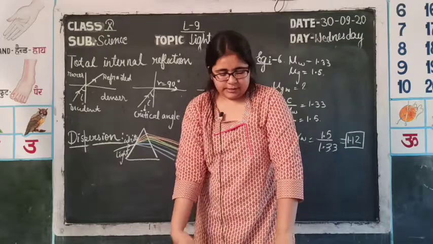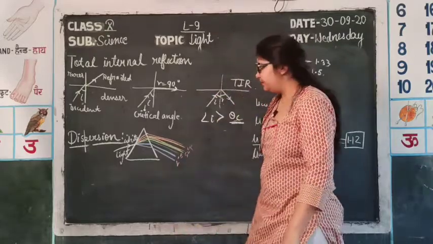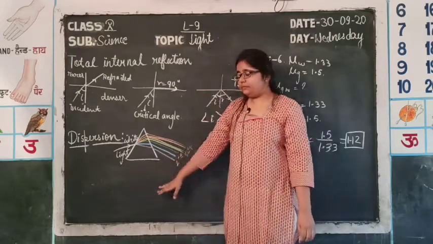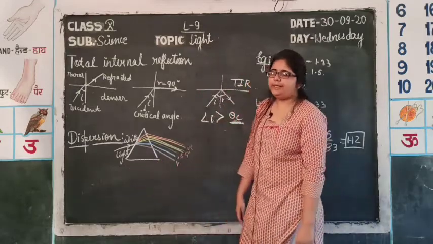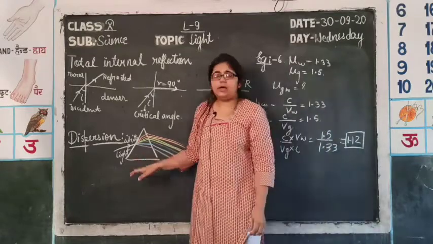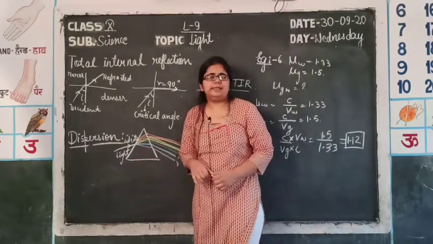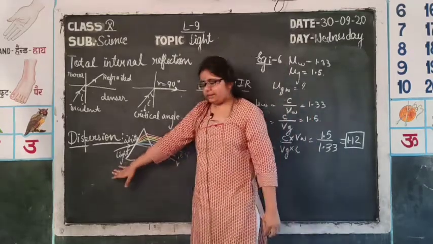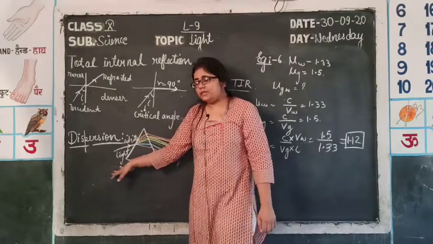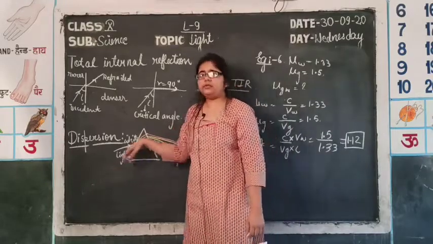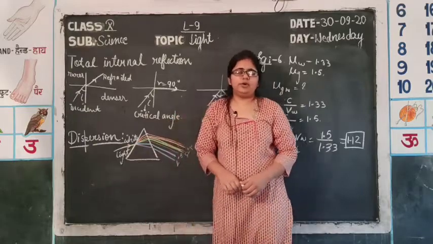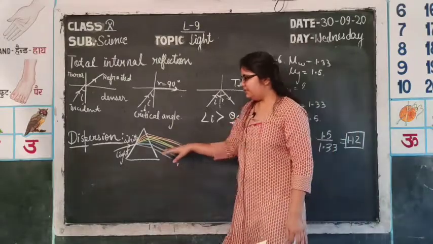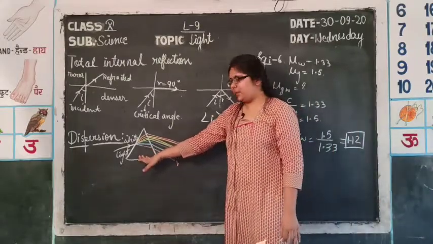The next discussion is dispersion of light by a prism. A prism is a triangular structure in which the sides are not parallel to each other. I have told you in the previous class that light is composed of 7 colors, VIBGYOR. White light is composed of every color, and when it splits up, this splitting is known as dispersion. So, dispersion is the splitting of white light into the several colors of which the light is composed.